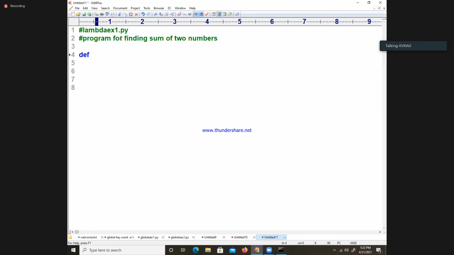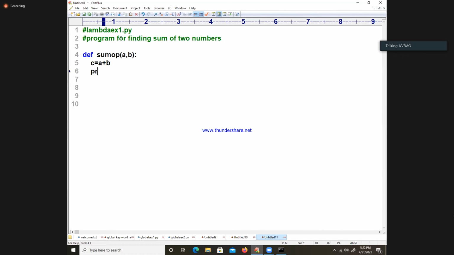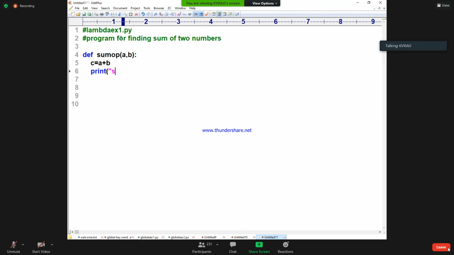def, function name is called sum op, with a comma b. Then c is equal to a plus b, and return c.